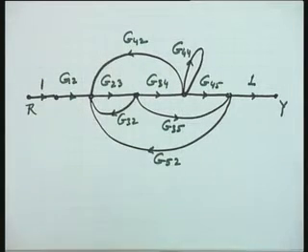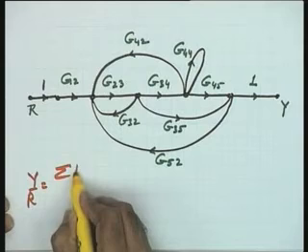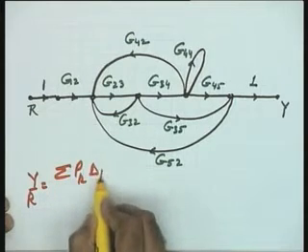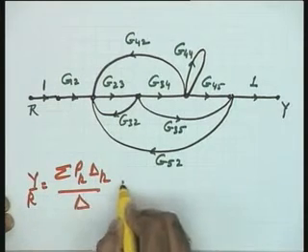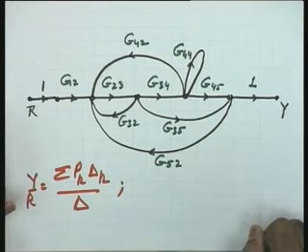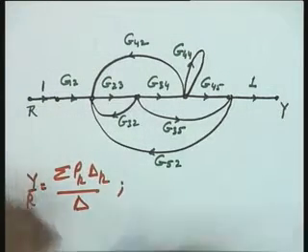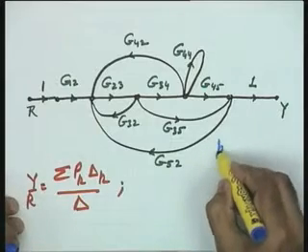First of all, you can immediately take this particular diagram and identify the number of forward paths, the number of loops, non-touching pairs, and all that. Once we have identified everything, you will be able to apply the formula Y by R equal to sigma Pk delta k over delta. Come on, get started with this problem. Give me the value of k in this case, please. K equal to